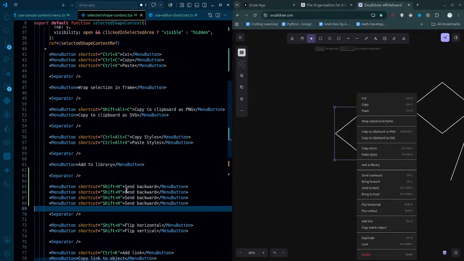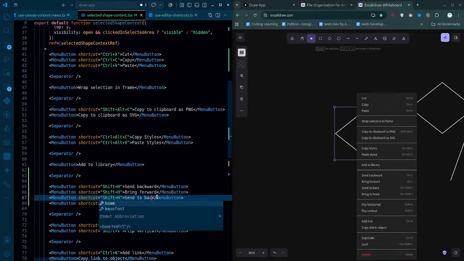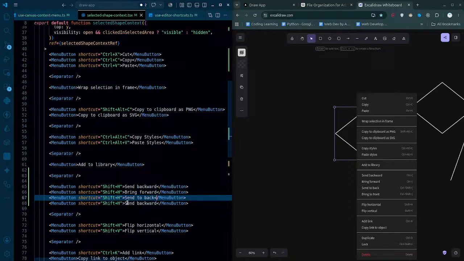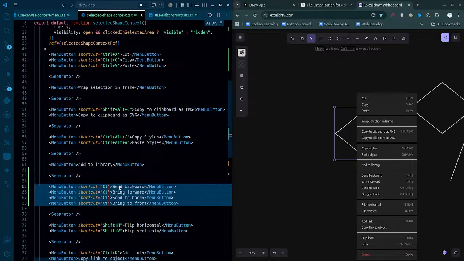These four we'll have here. Second one is actually gonna be bring forward, then we have send to back, and then we have bring to front. As for the shortcuts, I haven't really worked on shortcuts yet, but we are gonna be working on them soon. Control plus